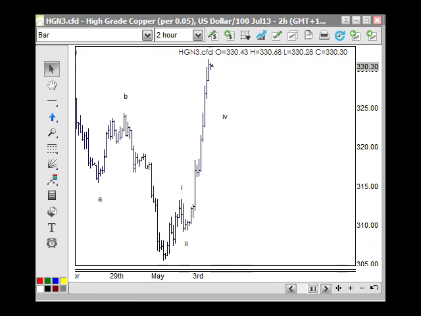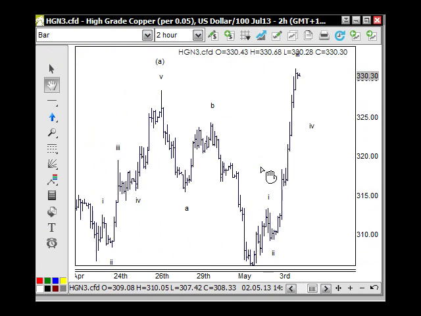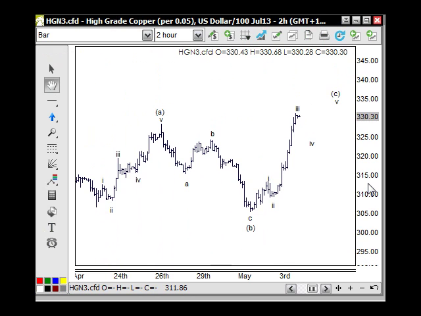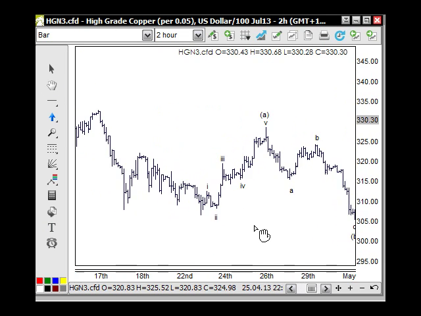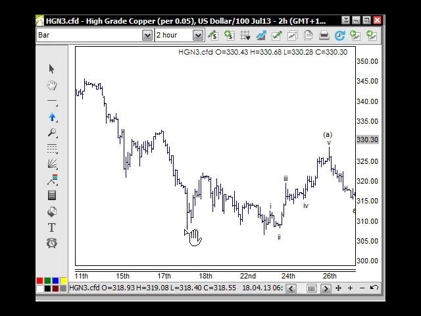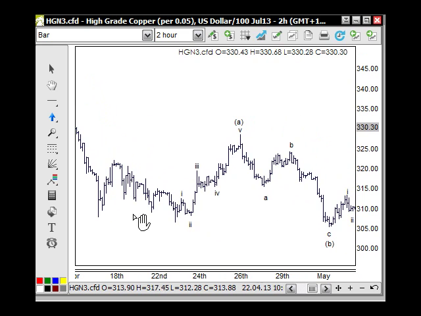The copper market as well moved up quite strongly, as you can see here on the 2-hour chart. So I've had to sort of jig the wave count a little bit, still sort of corrective. We had this as an A and a B and a C to here, and that could still be the case. Not that it matters that much, because the A, B, and C would still be just the A wave